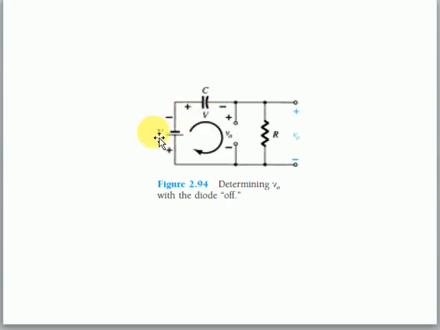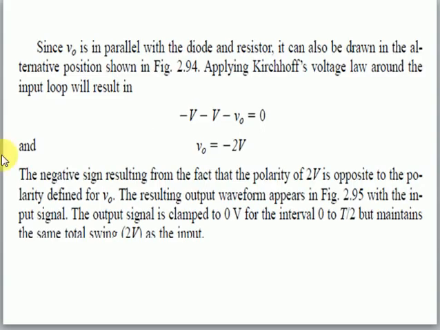So during the negative cycle, the diode will be reverse biased, so it will become an open circuit, and the whole of this VR, we will get the value of this. In this case, this branch will vanish, as this is an open circuit, it is useless. So we will have a circuit here with the input cycle, the capacitor Vc and the R. When we solve for this, we will get the value of this during the negative cycle.